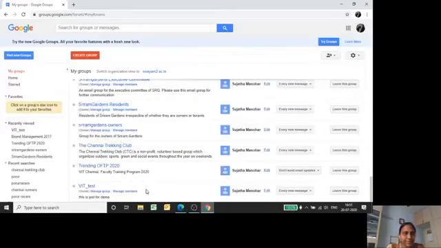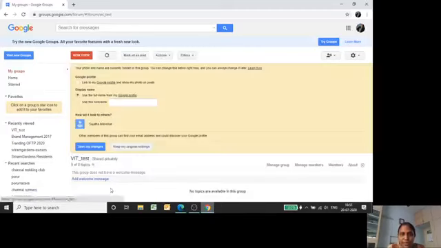Now, what is the next step for us? We have to add members. For that, I have to go into the group. I am on the page where all my groups are displayed. I click on the group, and now I'm on the group page. If you want to make changes to the group, you can go to manage group. But now we are going into manage members.